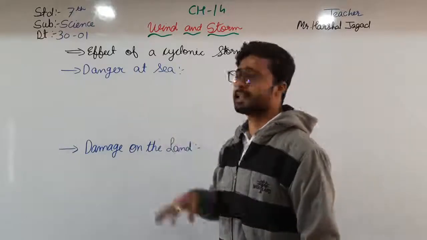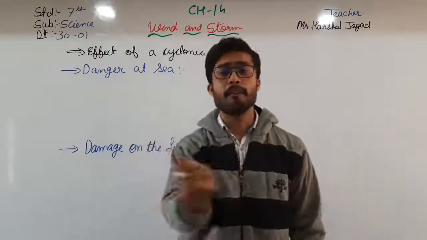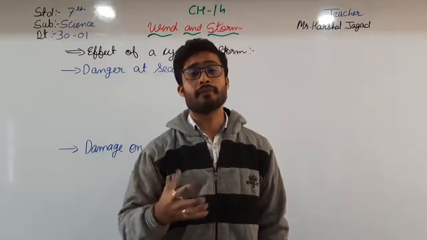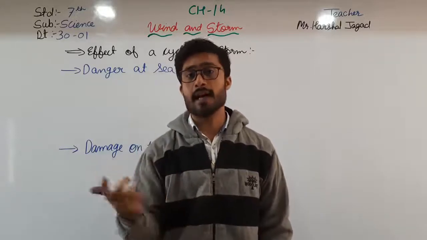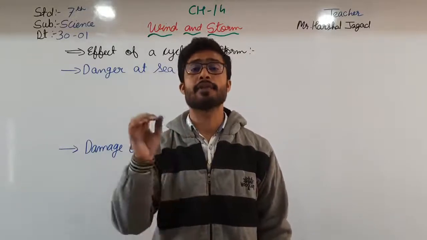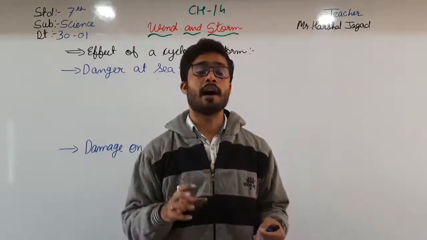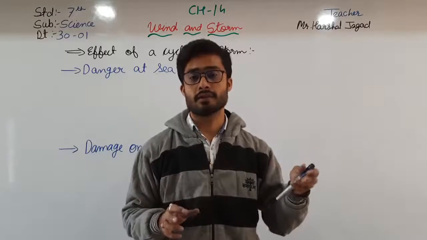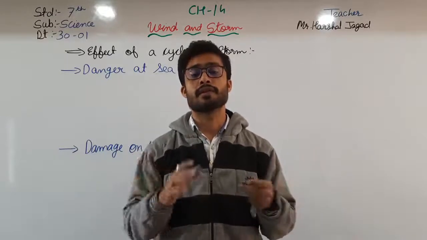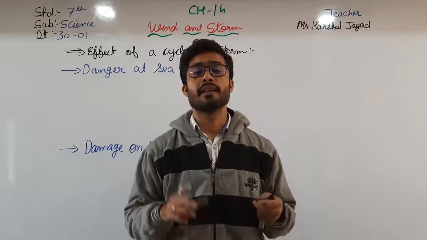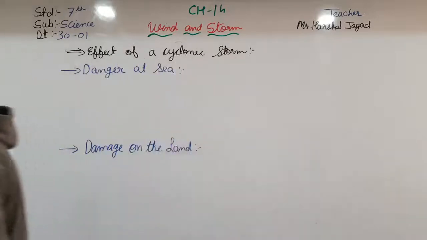So, danger at sea means a big eye will happen, and if there are ships in that eye, then it can harm those ships and the people in the ships. It can be harmed, and due to some storms it can also sink the ship. Okay students, here